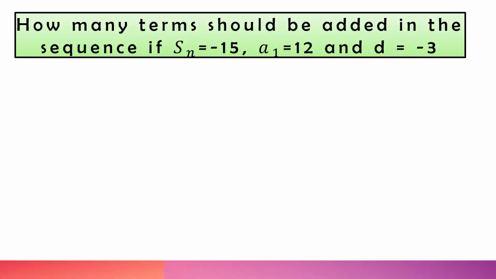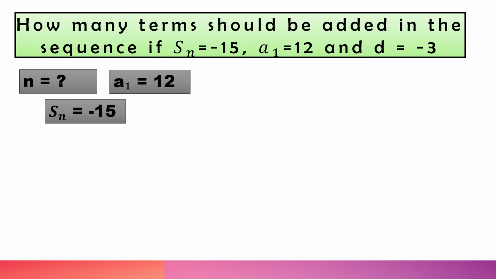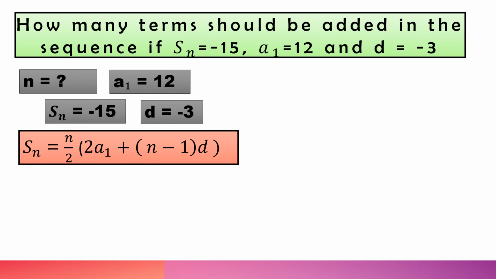How many terms should be added in the sequence if S sub n is equal to negative 15, a sub 1 is equal to 12, and d is equal to negative 3? The given facts are a sub 1 equals 12, S sub n is equal to negative 15, and d is equal to negative 3. Using the formula S sub n equals n over 2 times quantity 2 times a sub 1 plus quantity n minus 1 times d,